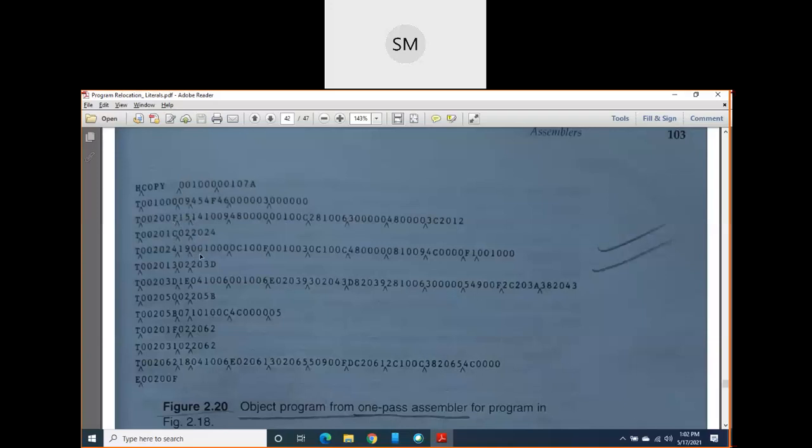Now come to next line, next text record. Again, you keep on listing all the object codes like this, and somewhere you will get 480000 like this. What it indicates again? It means that again JSub opcode is 48, and its operand is not defined.